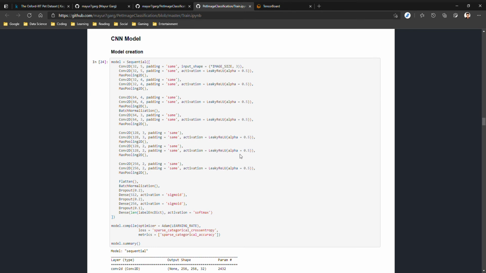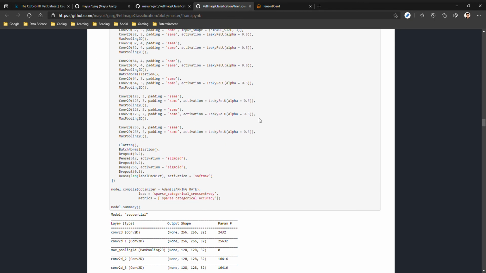We then create a CNN model. In the model, we specify alternating layers of convolution and max pooling layers, which are then flattened and provided to dense layers for classification. We start with a convolution layer of 32 filters of size 5 cross 5, and we incrementally increase the number of filters while decreasing the size of the filters. In between, we have added max pooling layers to reduce the size of the images. For convolutional layers, we are using an activation function of leaky ReLU with alpha equal to 0.5. For dense layers, we use the activation function of sigmoid.